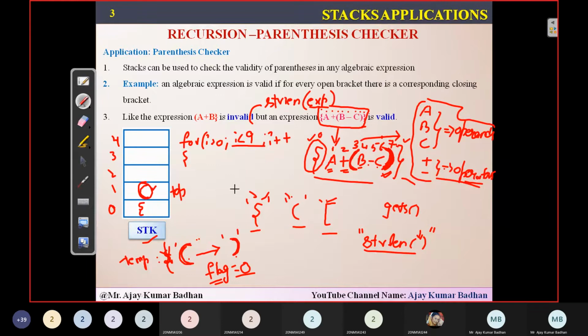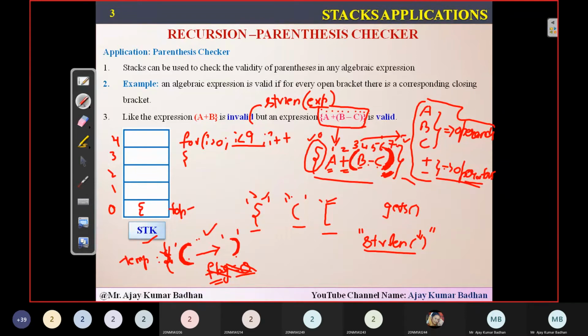But in our situation, for this expression, what is the output you got? You got a normal expression. So this condition will fail and it will come out. So this condition is true. Both are mapping. So when it is mapping, done, then we'll go further. So we have removed this element now. This particular brace we have removed because it has matched with this particular bracket. Done. And now the top will come to this particular location. It is not present here. It has been decremented. So top has come to this particular position.